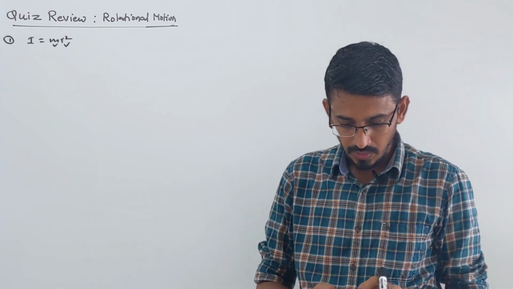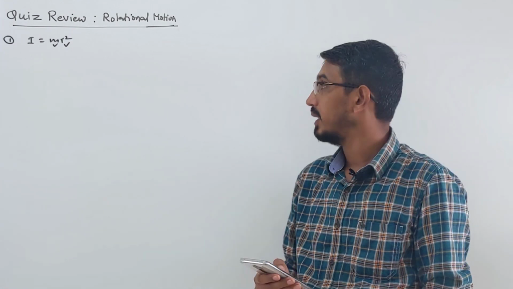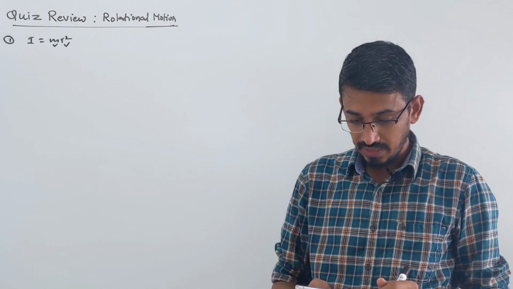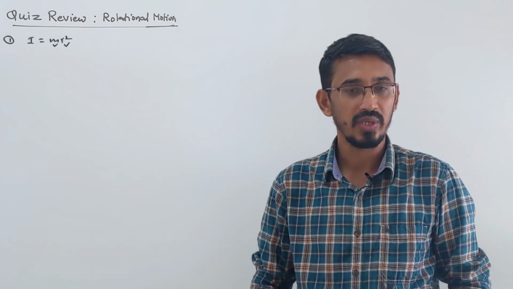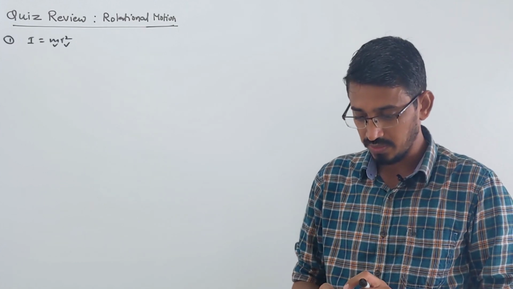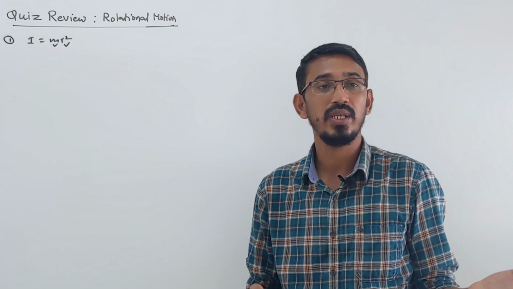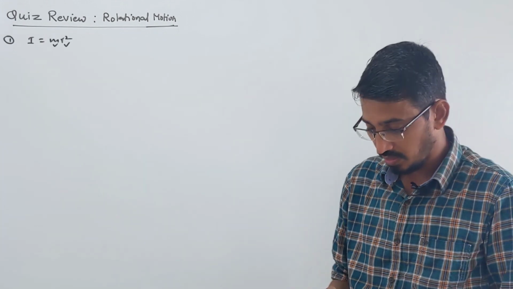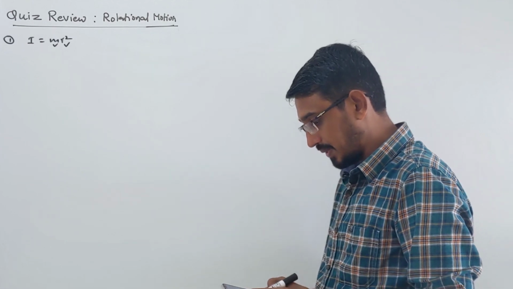So if you look at the options, the mass of the body, yes, it depends. The angular velocity of the body, angular velocity does not depend. The next, the given axis of rotation, yes, it depends, and the distribution of masses. So it's a simple question. The answer is the second option, that it does not depend on angular velocity. Any angular quantity, like angular velocity or angular acceleration, does not matter. So for the first question, the second option is the correct answer.